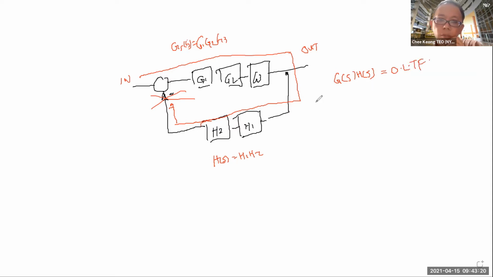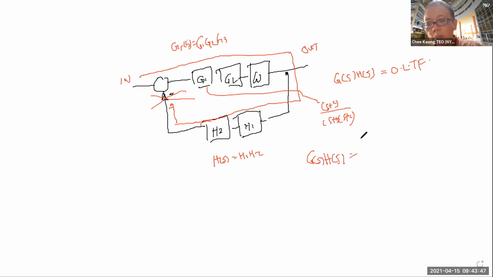Now, each of these blocks can have a lot of sub-components, for example S plus A over S plus B, S plus C. Let's say G1 is like that. So when you multiply all of them together, your open loop transfer function, G of S, H of S,